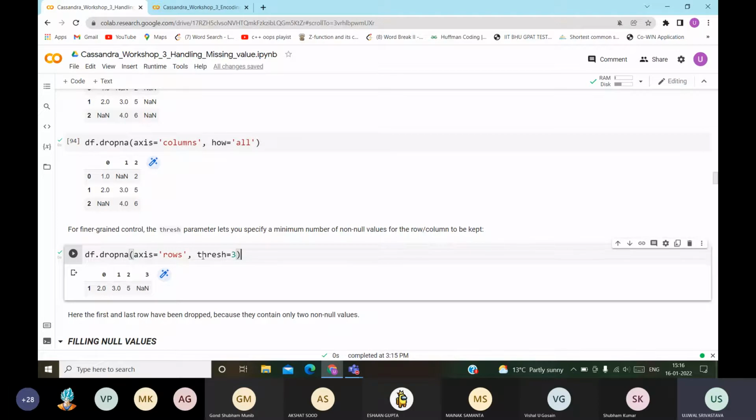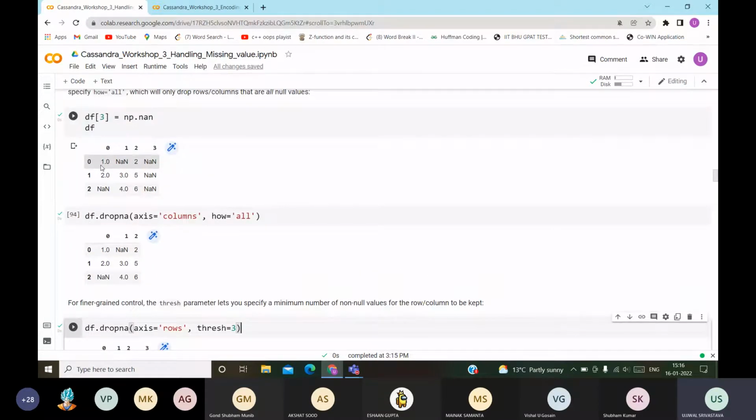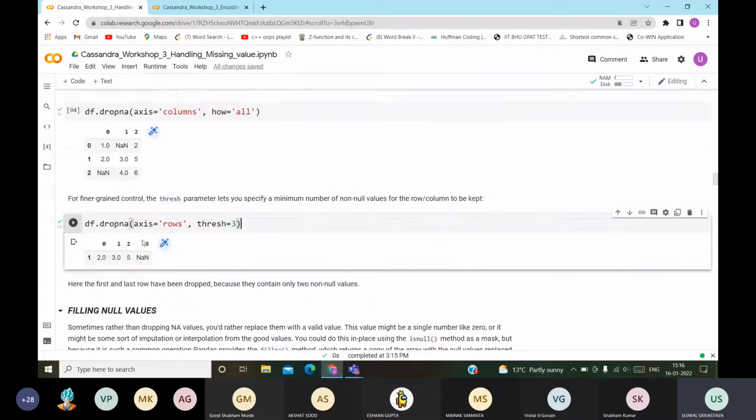Let us analyze this. In the first row there are only 2 non-null values, in the second row there are 3 non-null values, and in the third row there are 2 non-null values. So it keeps the second row, the first index, and drops the rest of them because the non-null values were less than 3. So this is the way in which you can provide a threshold, another way to control the dropna function.